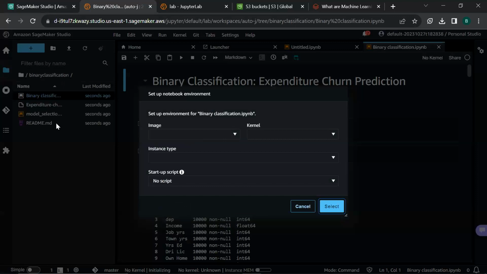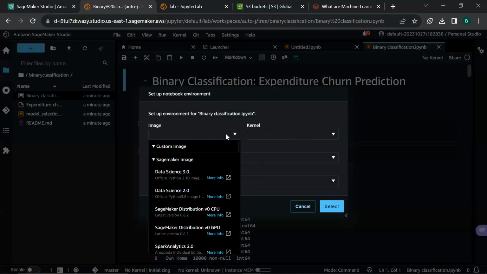So when we open the code, it is going to prompt us to create the environment, create the image, select a kernel and the instance type, just like we did earlier when we were creating a new notebook, we had to create a data science 3.0 image. So we are going to use that as well.